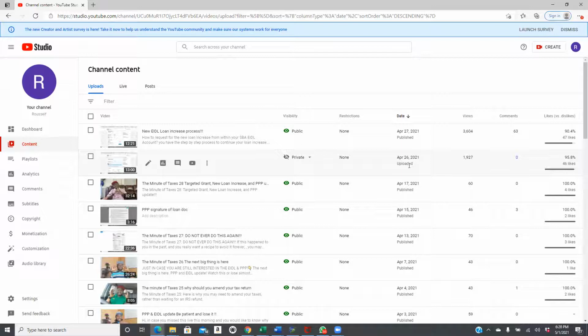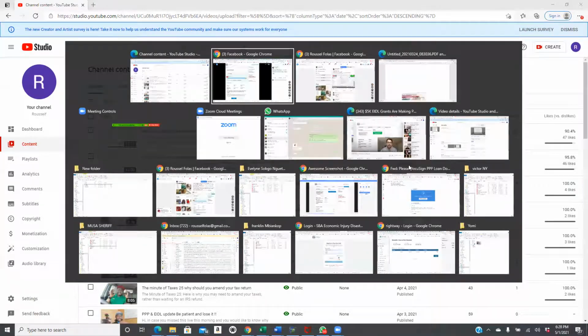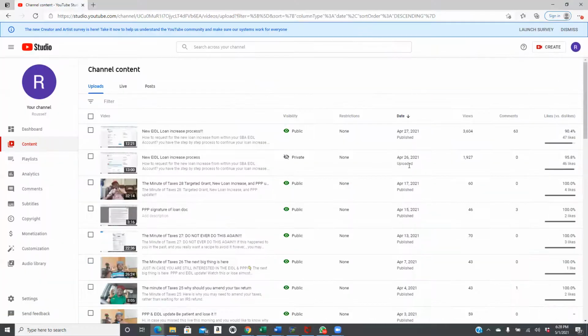So what if you got screwed, if you miss something on this EIDL loan increase process? You apply first, then they send you a link that actually helps you increase. You hit the link that says loan increase, and you will see how much you are eligible for. If you make a mistake, you can send them an email to tell them you have an issue. Most likely, they will send you another email inviting you to do the same process again, but it will take time because they also have to put in the new